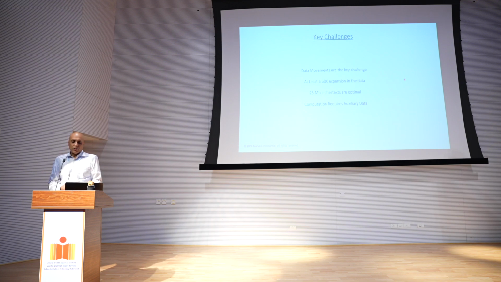And then the computation requires auxiliary data, specifically for things like bootstrapping and key switching. And in the original schemes, the 25 megabyte ciphertext was accompanied by around 1 gigabyte of auxiliary data. And now with some advancements in what are now, I guess, the 4th or the 5th generation FHE schemes, we can get that auxiliary data size down from about 1 gigabyte corresponding to a 25 megabyte ciphertext down to about 100 megabytes.